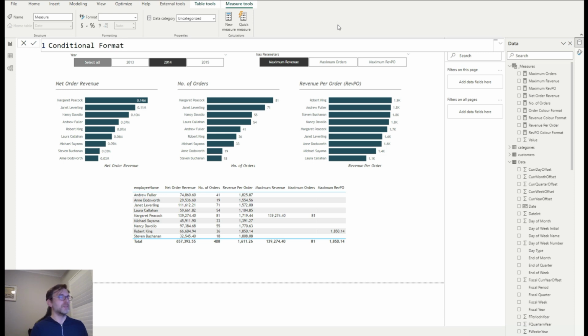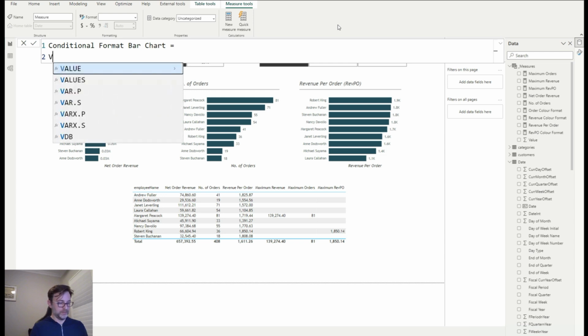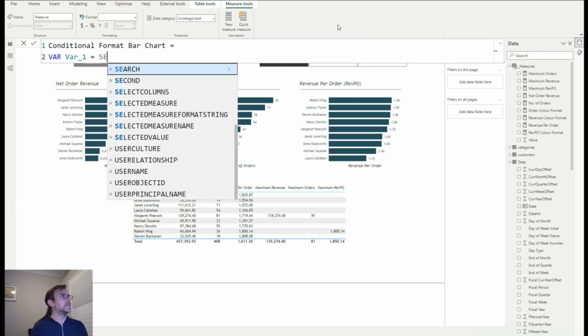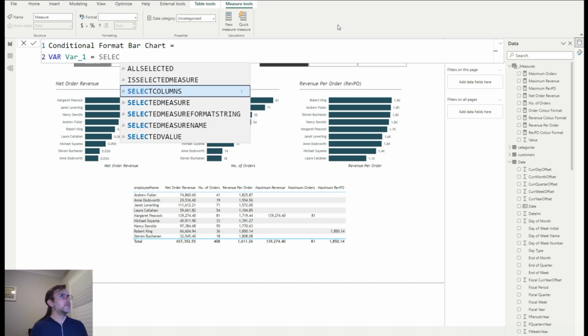Now you can call these things whatever you want, but so we go a variable. So what we want is var1 equals selected value,